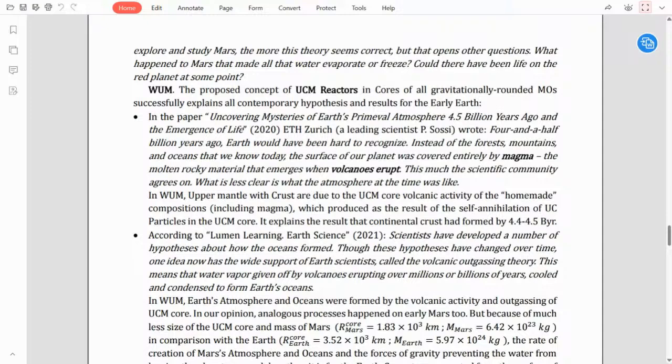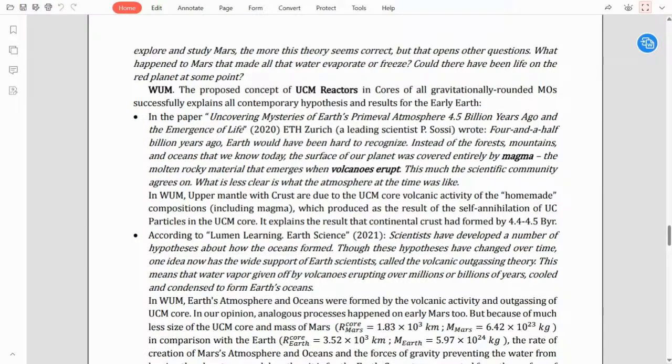Boom. The proposed concept of UCM reactors as the cause of all gravitational rounded marker objects successfully explains all contemporary hypotheses and results for the early Earth. In the paper Uncovering Mysteries of Earth's Primeval Atmosphere 4.5 billion years ago and the Emergence of Life, a leading scientist Saucy wrote,